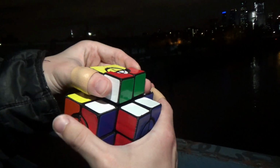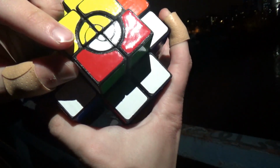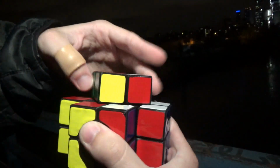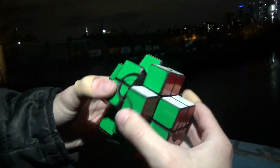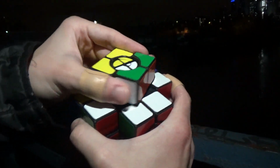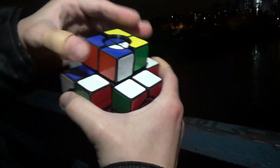Just as a side note, right here is an example of why I don't like the spiral restriction. I thought I could make this turn, but apparently at some point I broke the spiral, so I can't. I really don't like artificial difficulty for the sake of it, and I think the puzzle will be more enjoyable without this restriction. But anyway, the main solving challenge of this puzzle is that unlike on a cross 2x2, you